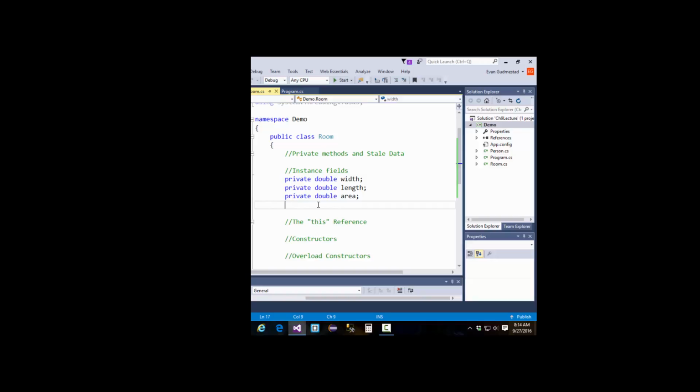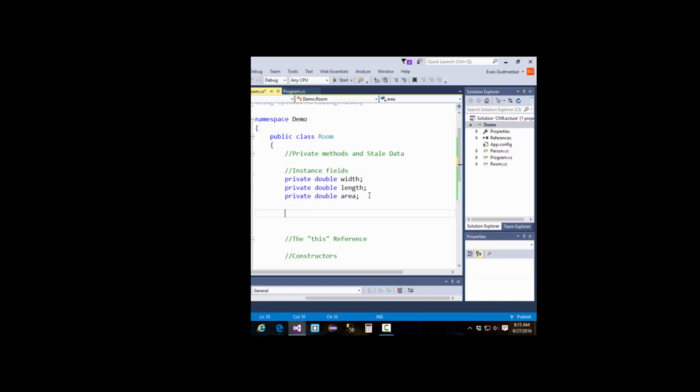Yesterday we talked about mutators and we talked about accessors, if you remember that from yesterday. Mutators modify data, accessors access data. A third type of method is just a method that does math. Okay, and that's what we're going to use to calculate our area. However, to have an instance field that stores area, that could create this problem of stale data. So I just want you to realize, we're going to talk about why we might have a private method, but anytime a method that can do a calculation stores a result, think about this